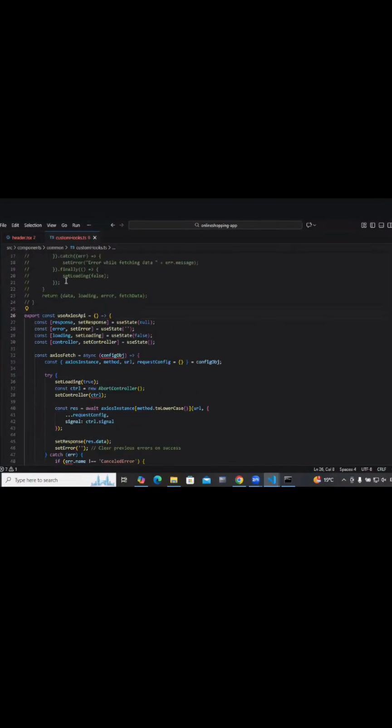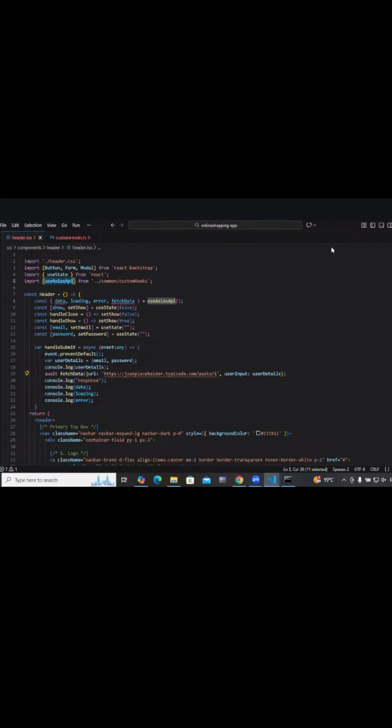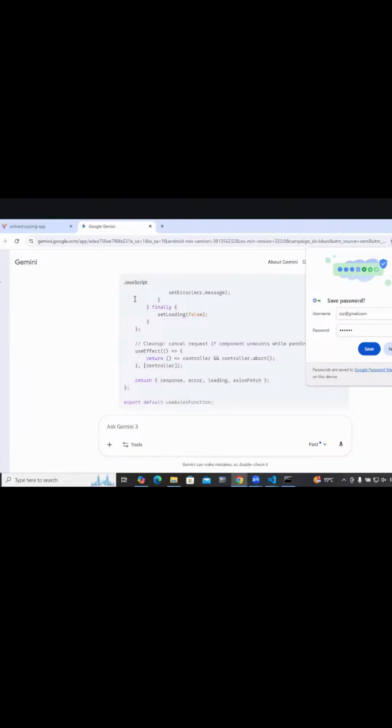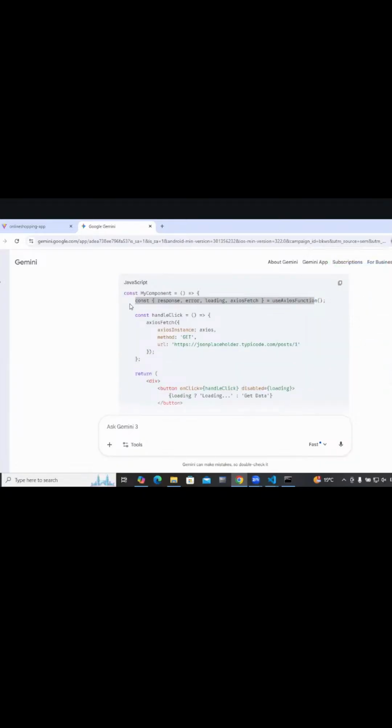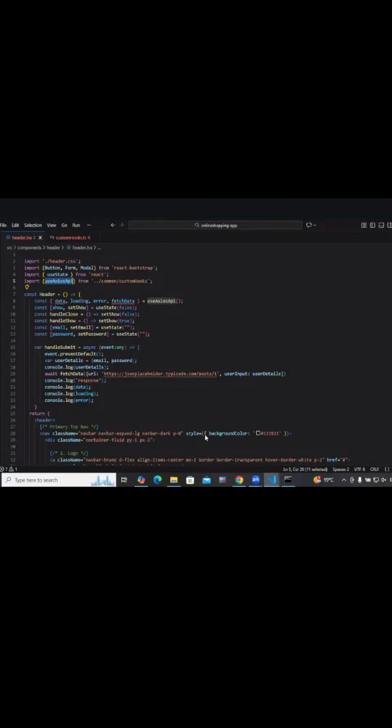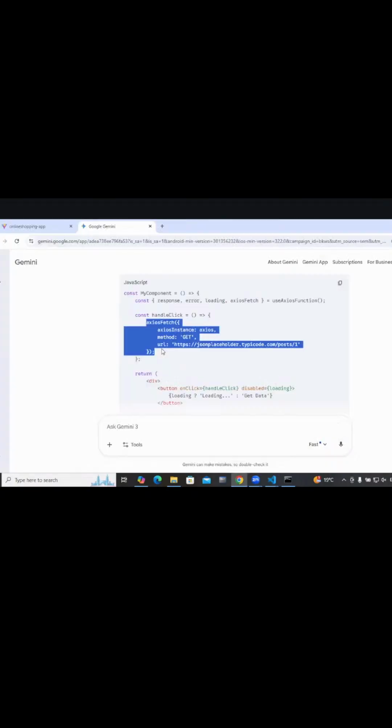Use Axios API. Okay. Coming to this guy, use Axios API. How are we using this guy? You're saying this response as so and so. Okay. Handle click is this guy.